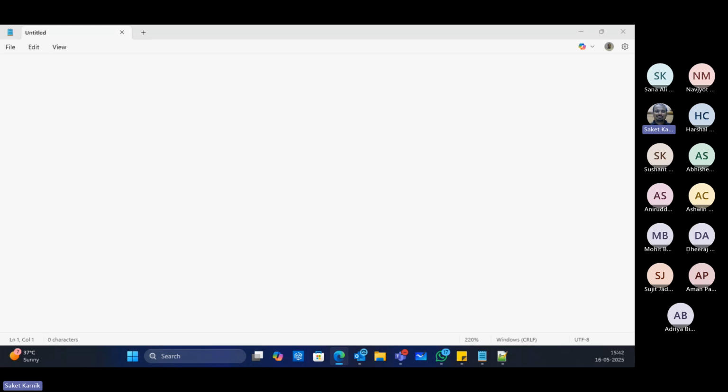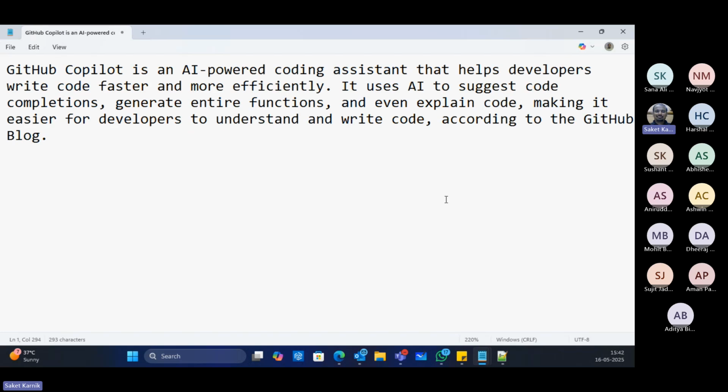And yes, is GitHub Copilot, I'll say. So some text I'm pasting over here.